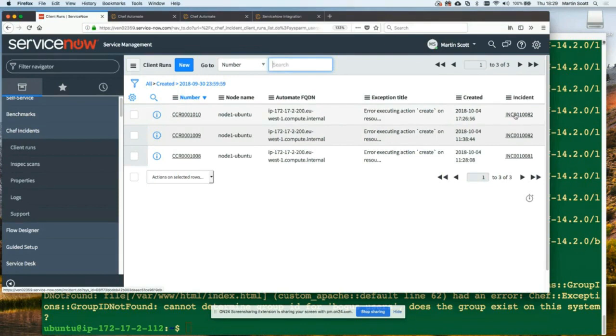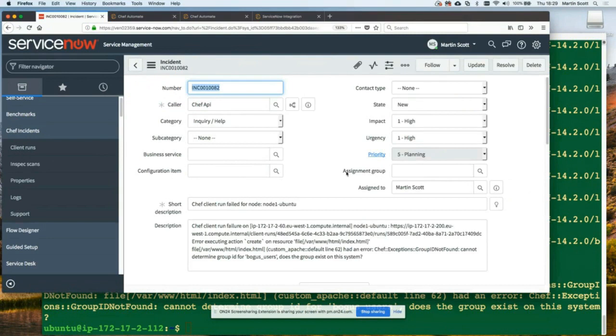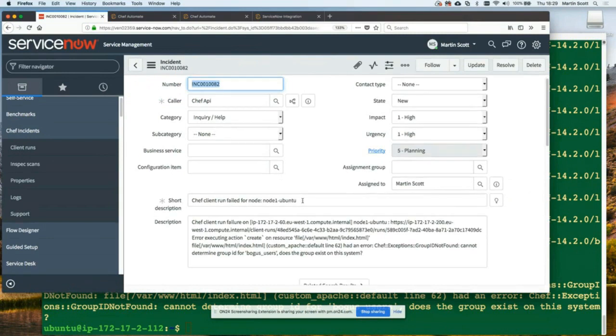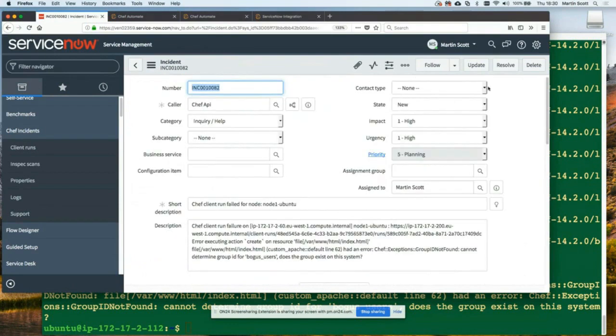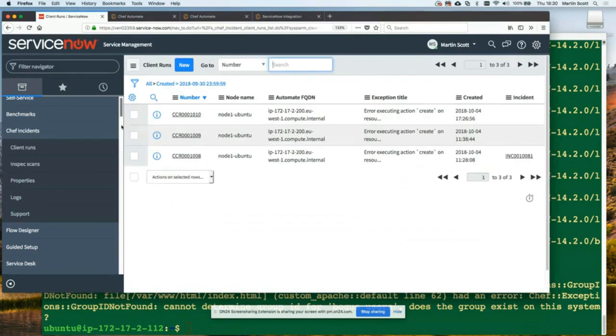So what I'll do now, I'll go and pick up incident 82 for my Chef client run field on the node, and note that it has 2 client runs associated with it. I'm just going to delete this incident. So I still have my 3 client runs. If I go to the scheduled job again,